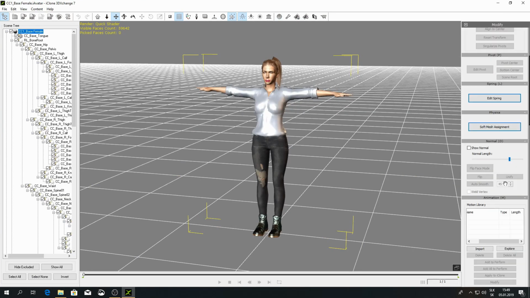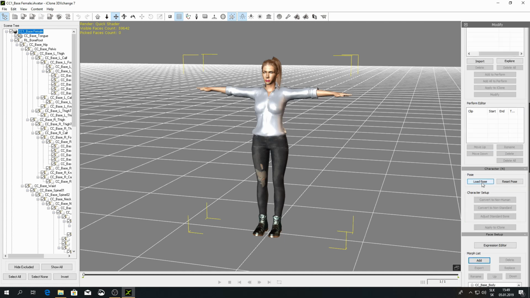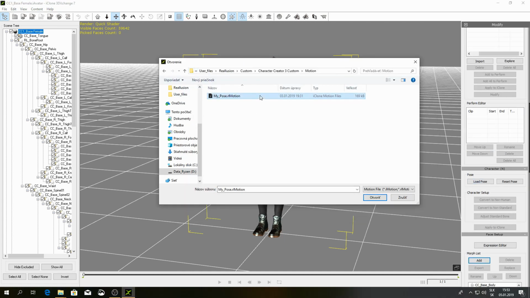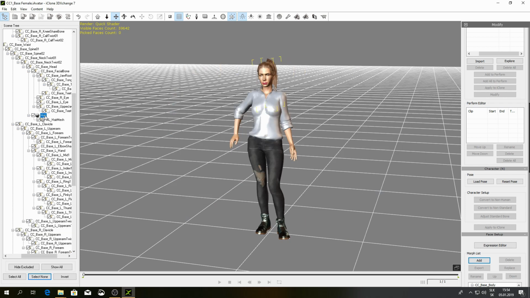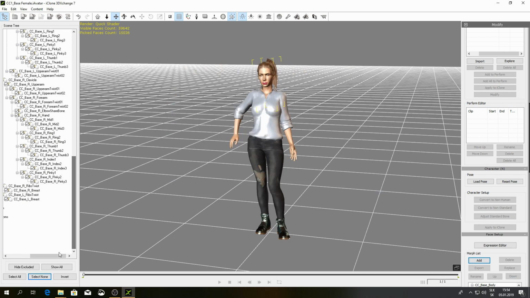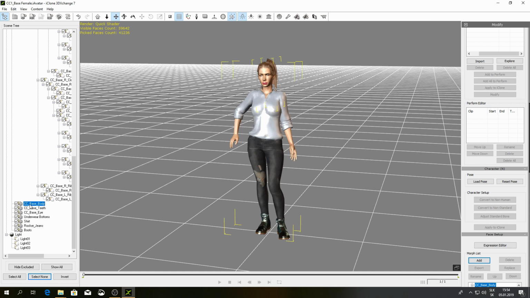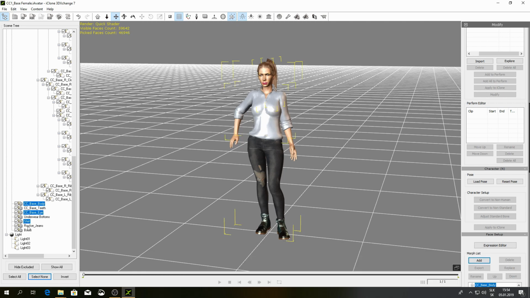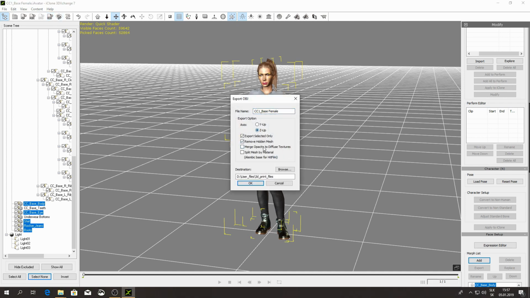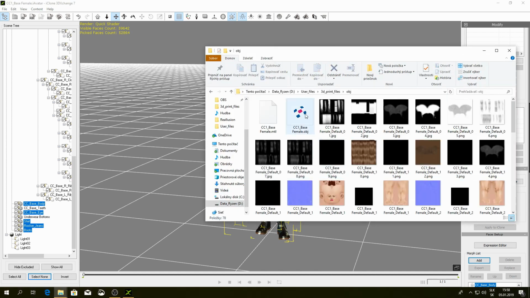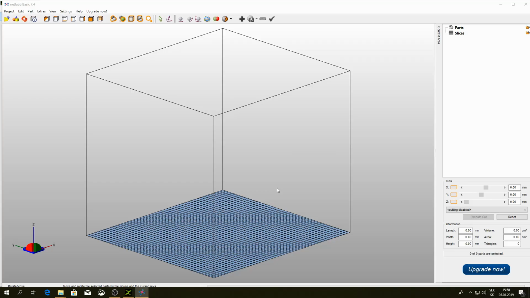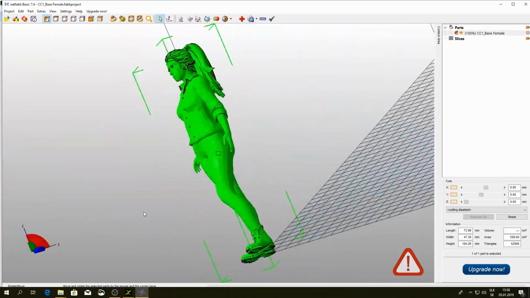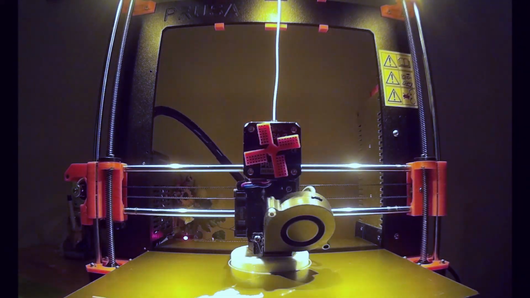Insert the saved pose and export to the OBJ file. Finally, we can start printing.